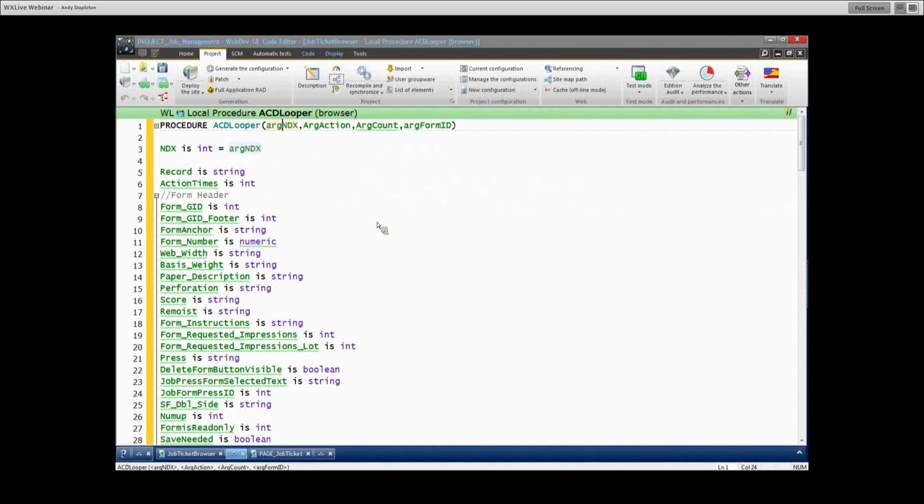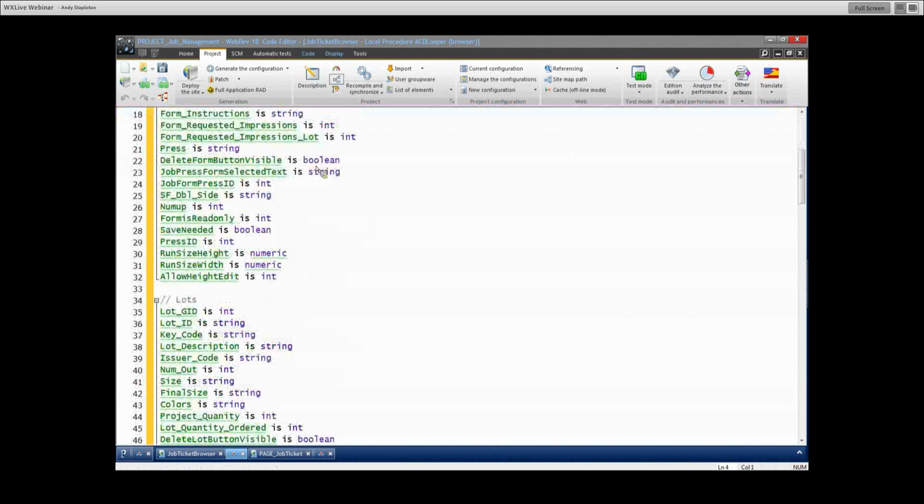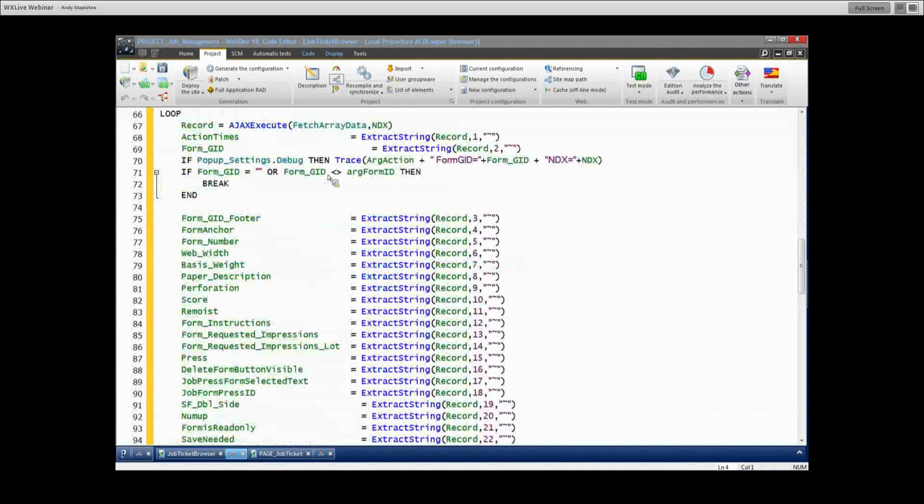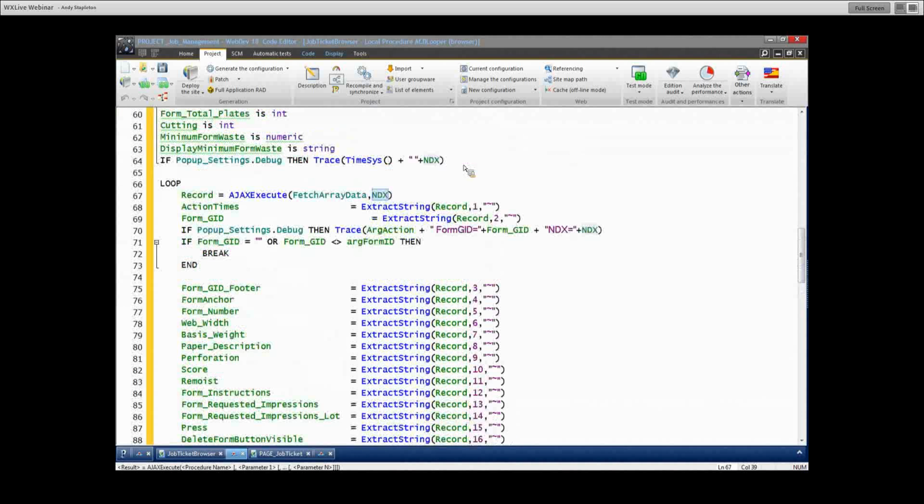Now, this is where it gets a little tricky. I am on record 23. I'm on the 23rd record inside that screen. I'm sending 23, and I'm sending that I'm going to add or insert. I'm going to insert 1, and this is the form that I'm inserting it to. Again, I go basically through the same situation. I lay out all the fields, and I tell it this is the index I want. Now, the difference here is, and this is one thing I still have to code around a little bit,